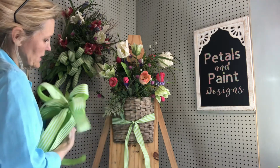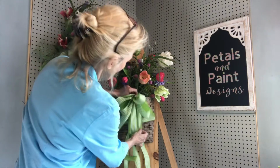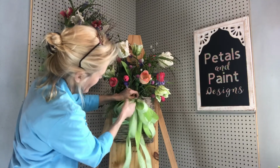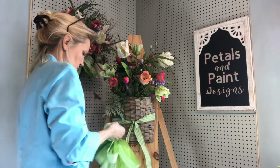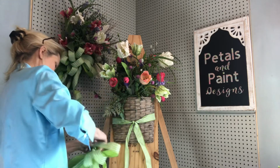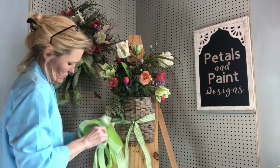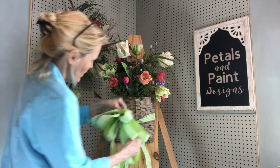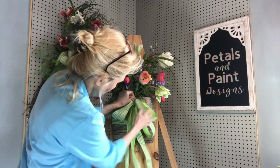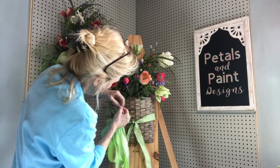Now this one's going to be a little bit different. What I'm going to do on this one is I'm going to attach it up here to the basket and have it hang down. Again, I just want it to be droopy, just like that. So you've got a couple ways you could do this. You could actually try to feed it